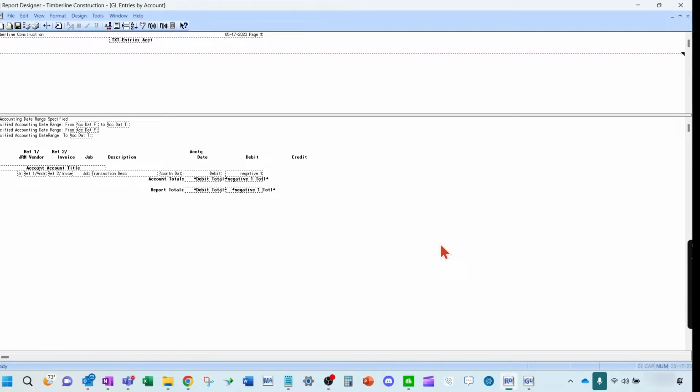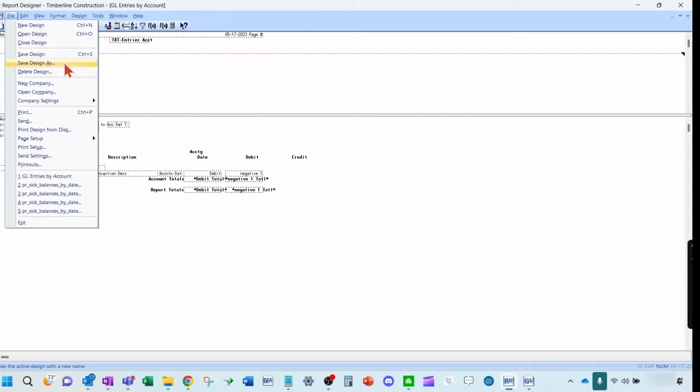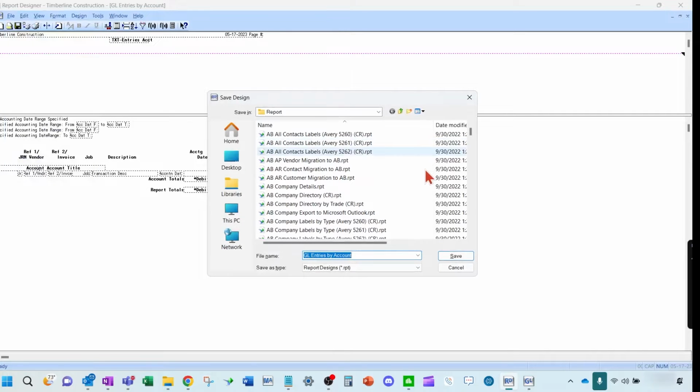Okay. So first thing first, you always want to do a file save as, because when Sage 300 is updated, if you make changes to the default report, it overrides any changes you would make if you used this one. So you want to make sure you put something in front of it. So my initials. Best practice that we found is whoever did the edit to the report should put their initials in front, so you can ask that report author or that person who changed the report about it, right? And it's easy to find.